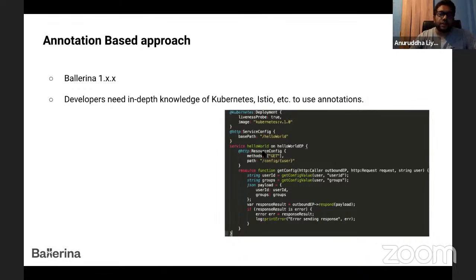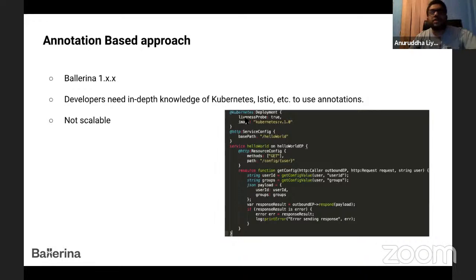They need to know what ingress is, what HPA is, what pod autoscale is, and so on, to use these annotations. It is also not scalable, because we cannot support everything in Kubernetes through these annotations.